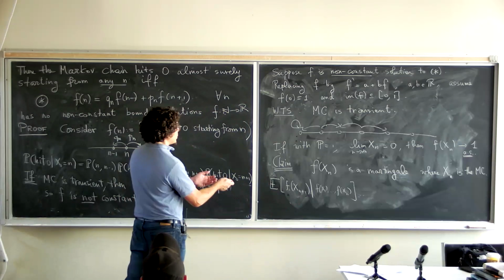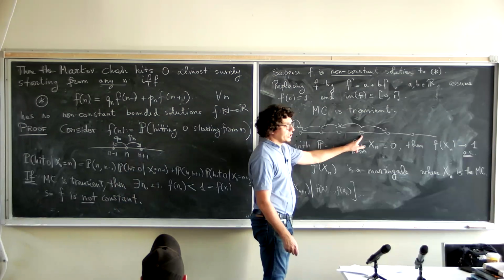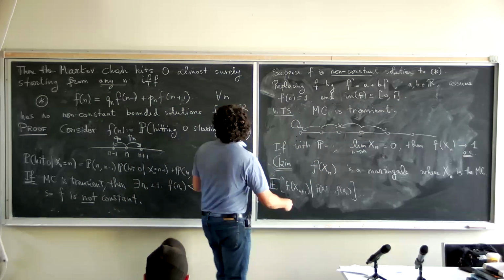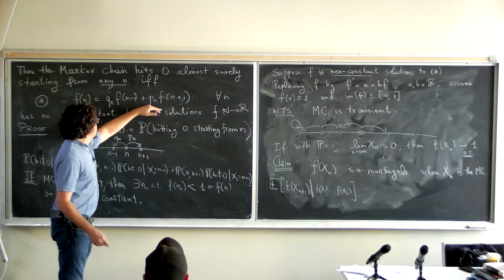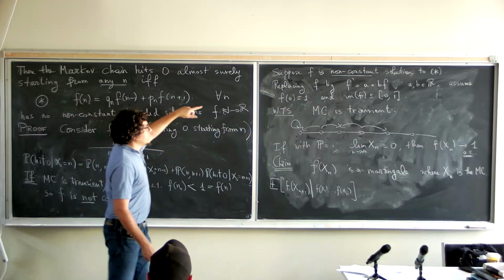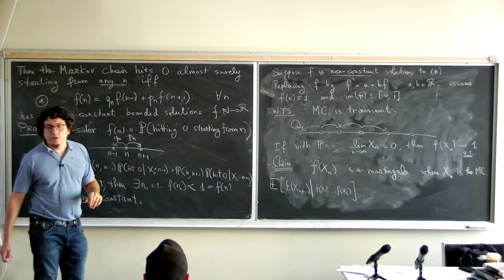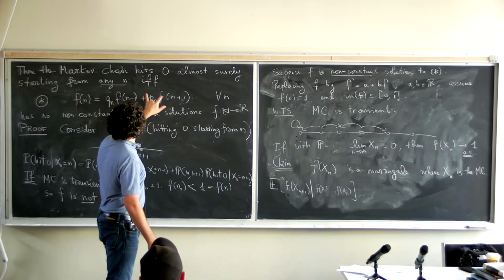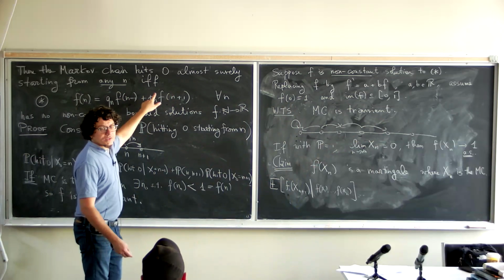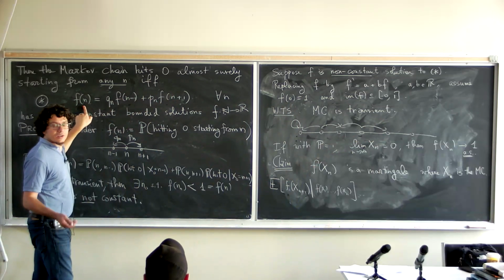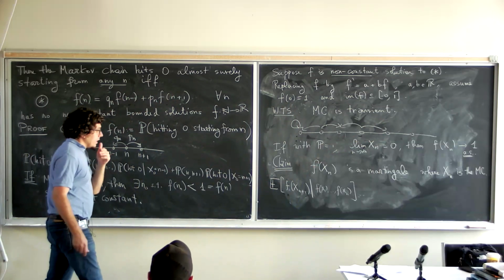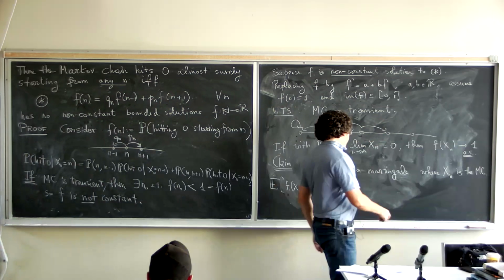And what's the intuition? The intuition is that with certain probability you go to the left, but then you encounter f of n minus 1. And then with certain probability you go to the right, but then you encounter f of n plus 1. But on average, the average of these two values is still this. Right? Yeah, so that's exactly what it is.